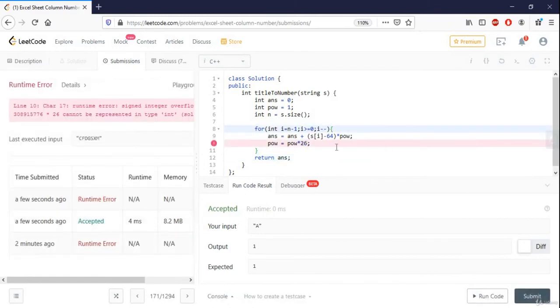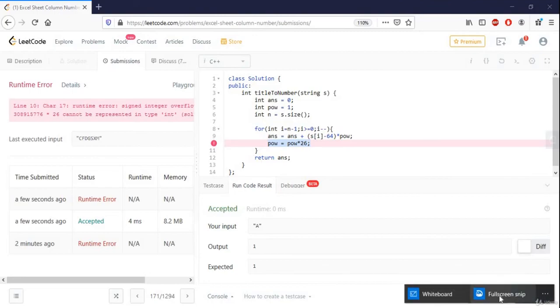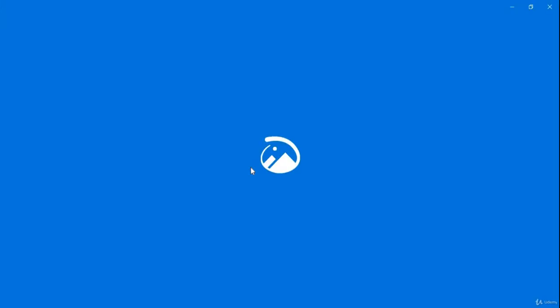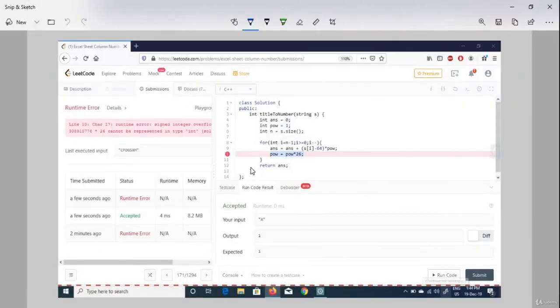What is happening here is we are getting a runtime error at this line, power equals power multiplied 26. And why are we getting a runtime error? Basically we have the integer data type, and the maximum number it can store in C++ is up to 2 to the power 31, which is nearly 10 to the power 9.